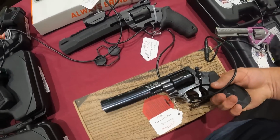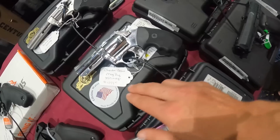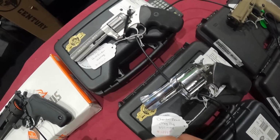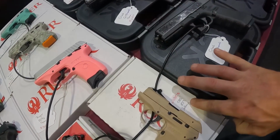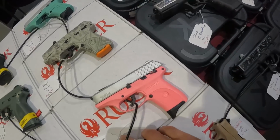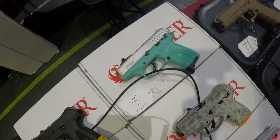I really like these as well. Very cool. We got the Charles Daly Pink Lady 22 long rifle, 500. Charter Arms Magpug 357 mag, 500, and Charter Arms Pathfinder 22 mag, 450. We've got the Ruger LCP 380, 290, a Ruger EC9S 350, EC9S again 380, and 350 for the one in